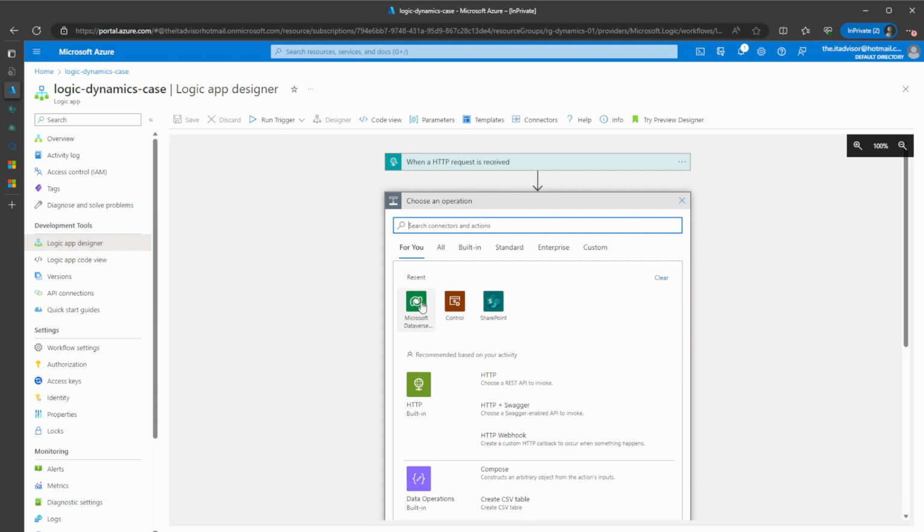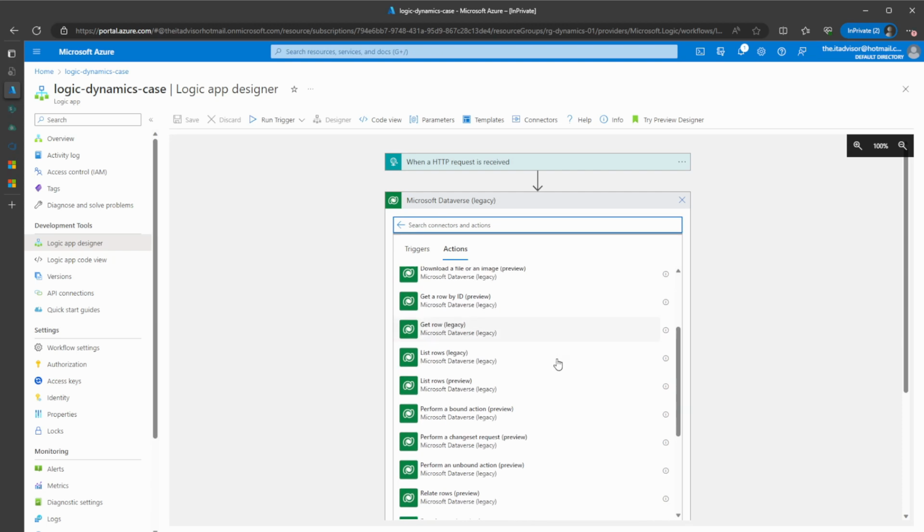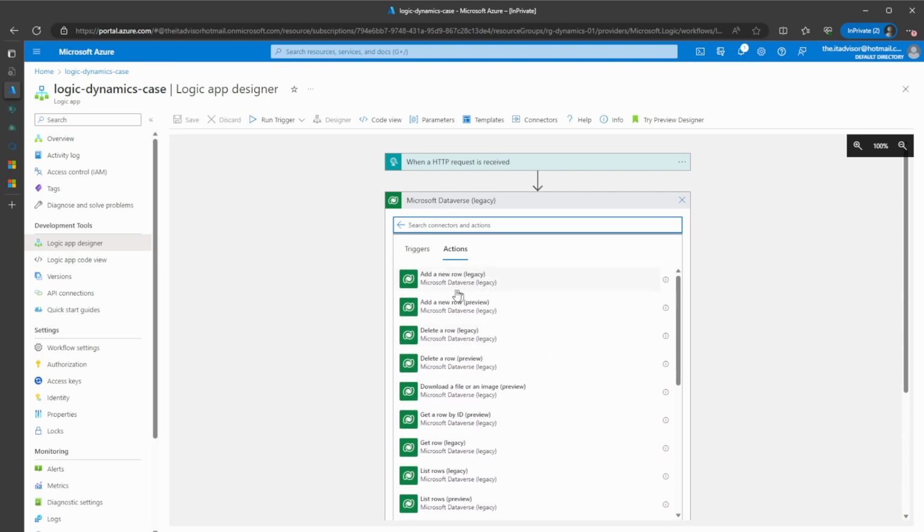In the list of available actions in the logic app, you'll get a set of actions for various purposes. And first of all, they are split into groups labeled legacy and preview. It becomes confusing from the beginning. Legacy sounds like something outdated that shouldn't be used, and exists here just for backward compatibility. Okay, that's good. But the other group is preview, which sounds like,